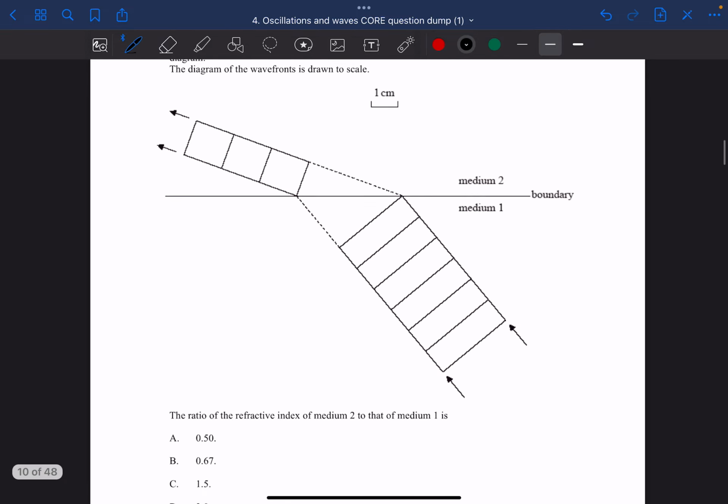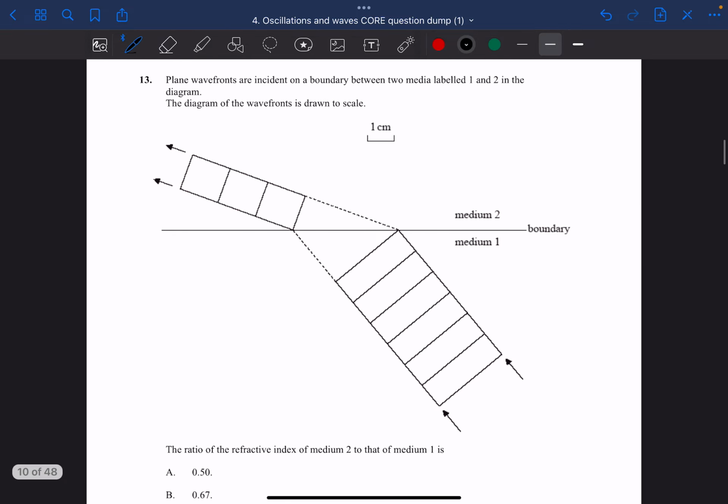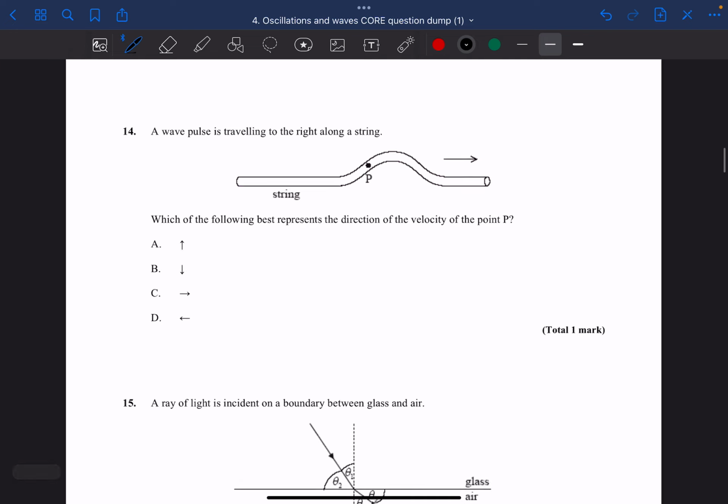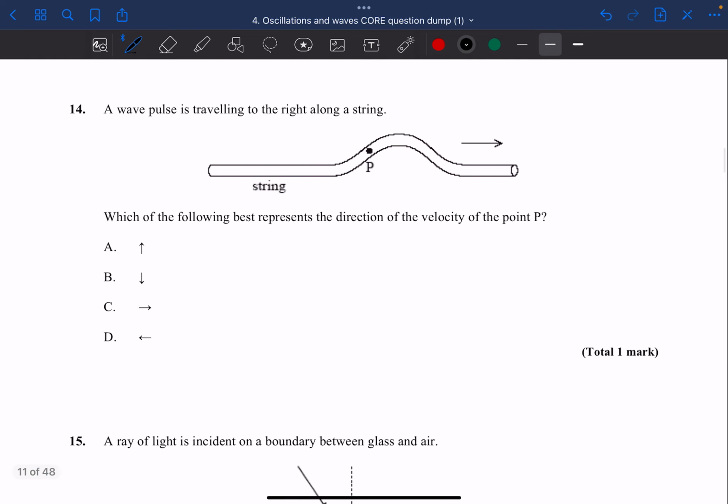Okay, this can be done by measuring the lengths between these, but as I'm using my iPad, I'll skip this question for now. Okay, the wave is traveling to the right, so like after 1 or 2 seconds the wave will look like this, so the P would